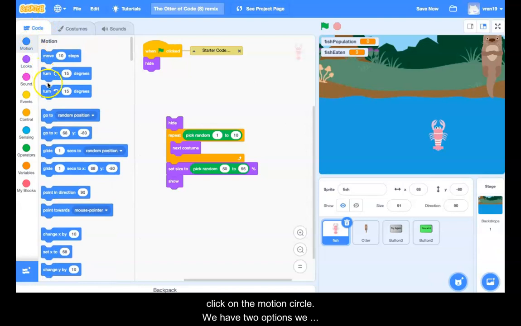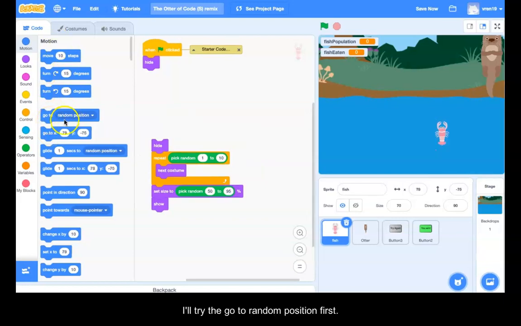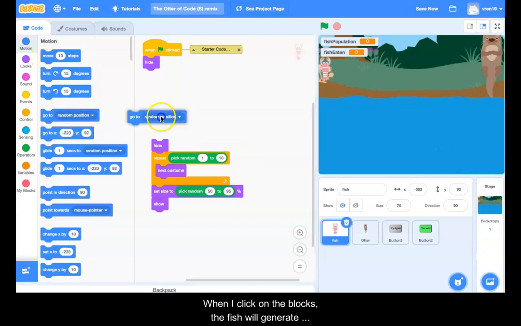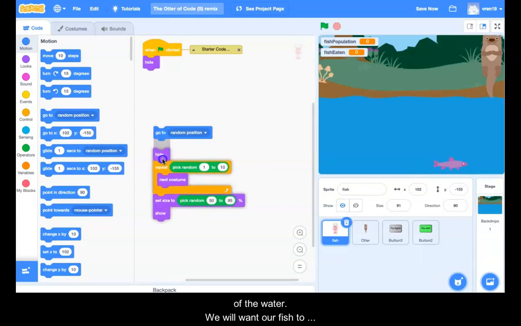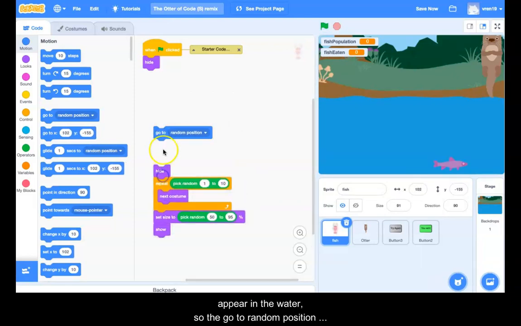We have two options we could use here: go to random position and go to XY. Which block do you think we should use? I'll try the go to random position first. When I click on the blocks, the fish will generate randomly, but some may appear outside of the water. We will want our fish to appear in the water, so go to random position is not the best